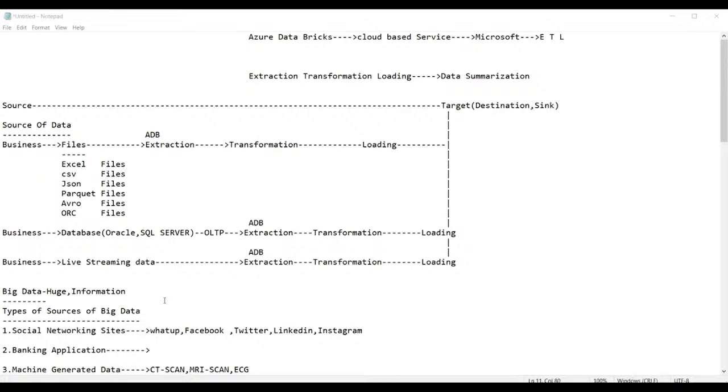If you think you can manage the amount of coding, then go with ADB. ADB is mandatory in most processes. In one situation you can do the job without ADF, but ADB is mostly required, so it is better to have ADB knowledge. You can decide, that's not a problem.